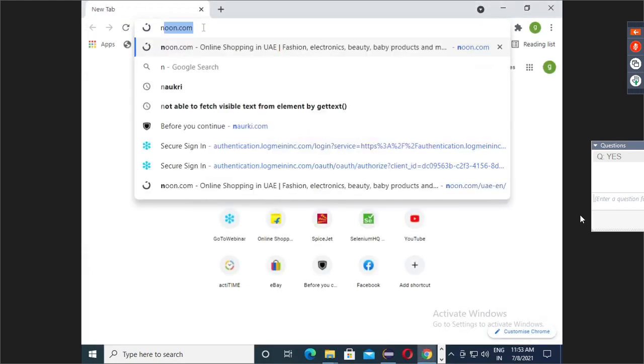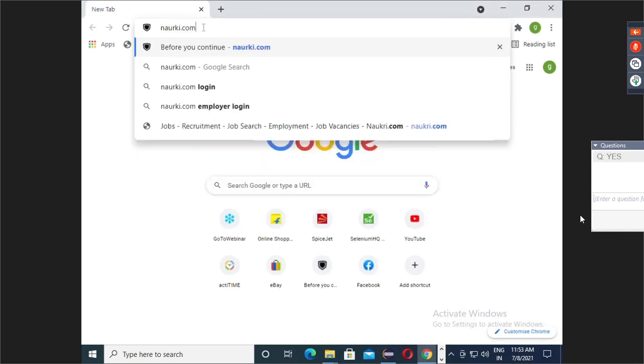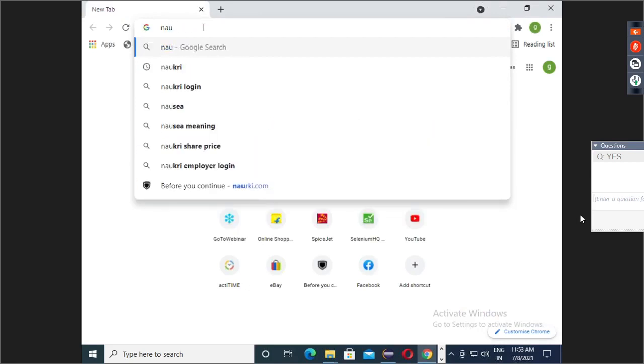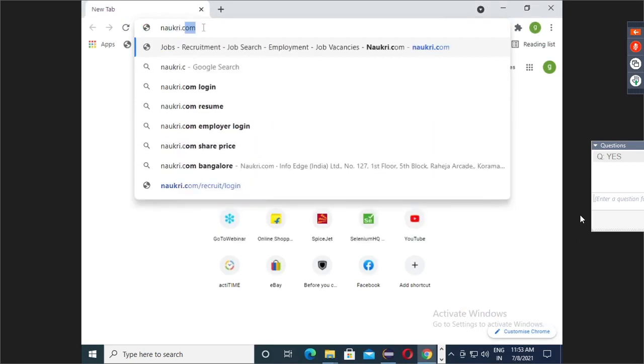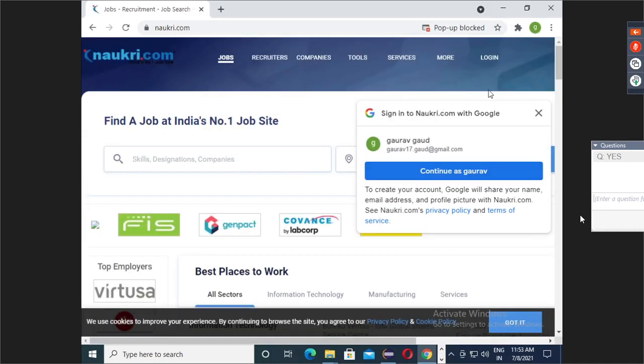Something different got open. Naukri.com, now it is open.